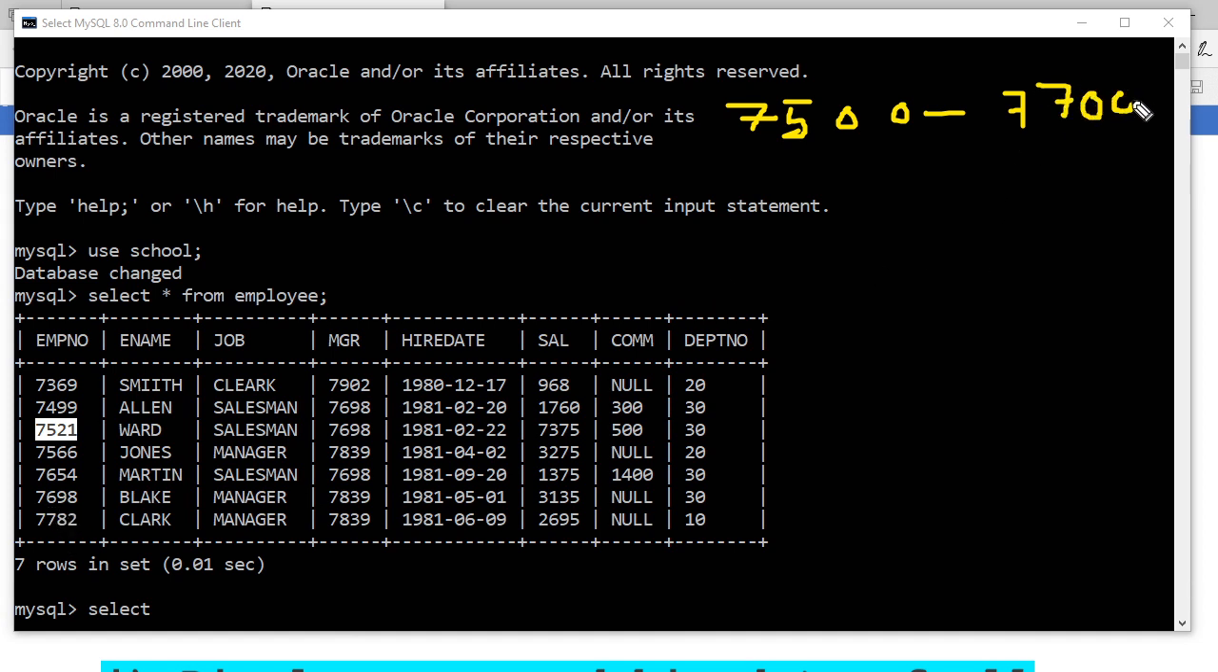Have you understood? Print the name of the employee whose employee number is between 7500 and 7700. We have to make this one first. Okay, so what is the requirement? I'm going to write here ename